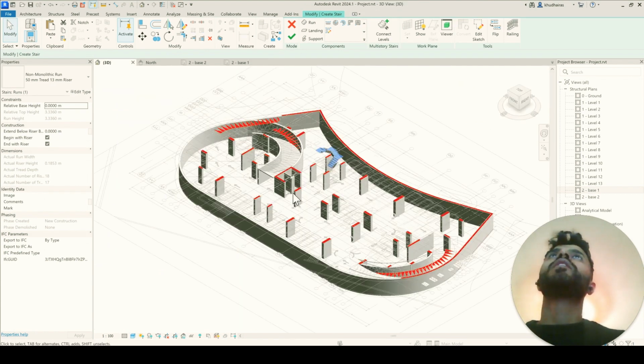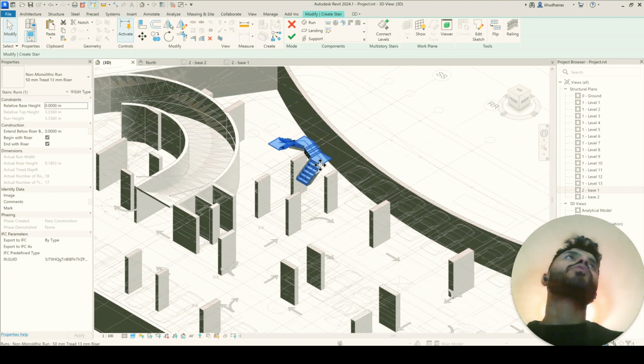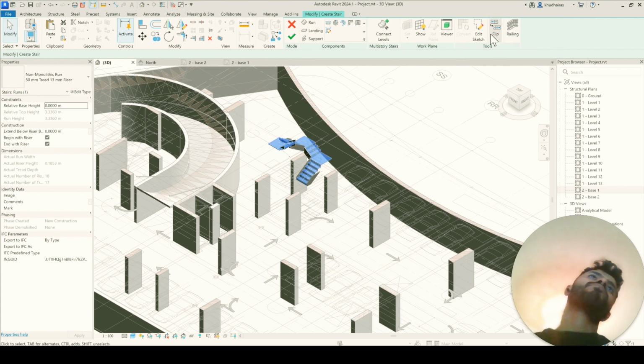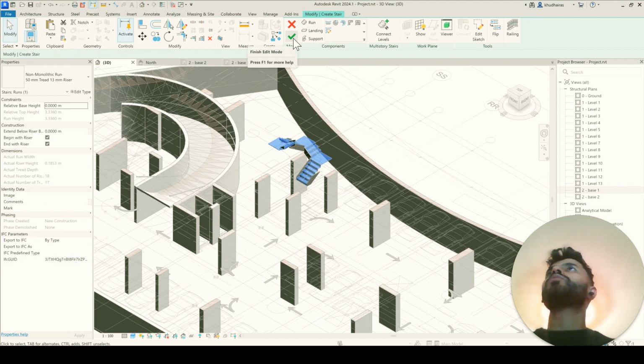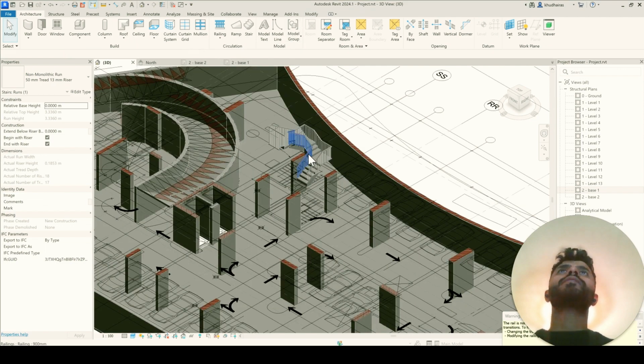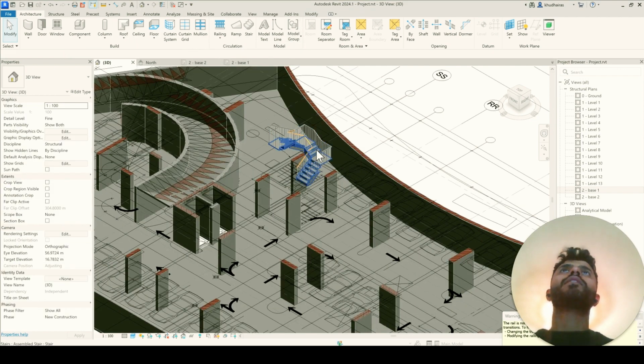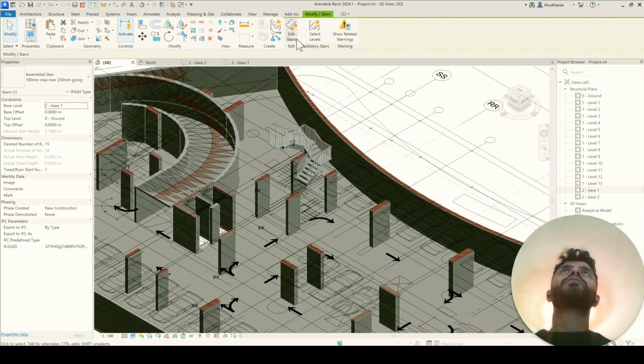So if we go to the 3D, you can see, as we said, we drew this on the basement up to the ground floor. So what we're going to do now, we select this. If you want to add railing as well, we can add railing, which is the side so no one can fall. But that's all. So what I will do now, I'll finish these stairs. So that's done with the railing. I don't think I need the railing, so it is just stairs.